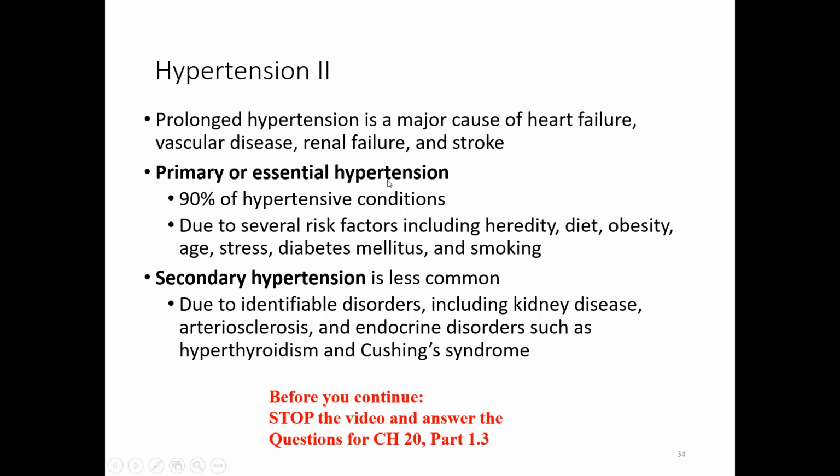There are two types of hypertension. Primary, or essential hypertension, makes up about 90% of all hypertensive conditions, and it can happen due to risk factors which you need to know. That would be heredity, running in the family, poor diet, obesity, age, stress, diabetes, and smoking. Secondary hypertension is less common and usually caused by an original primary disease in a certain organ, for example kidney disease or